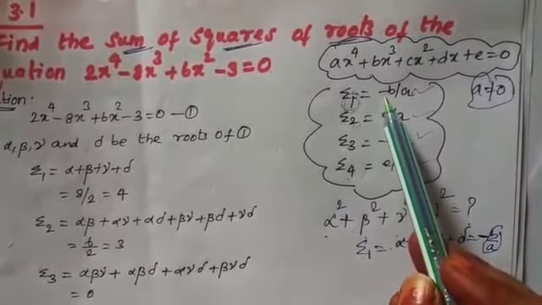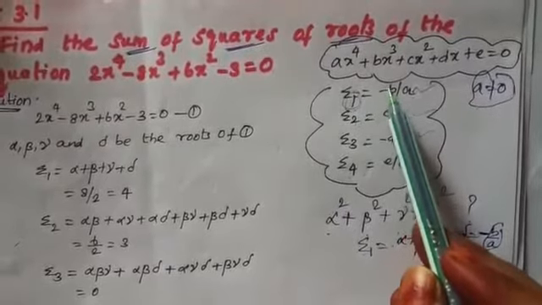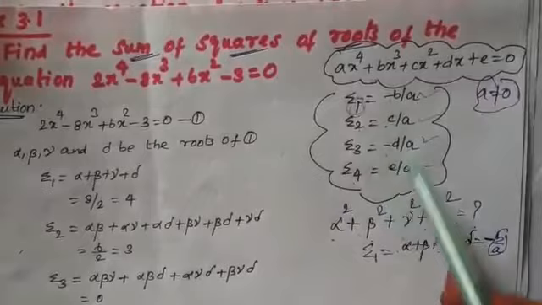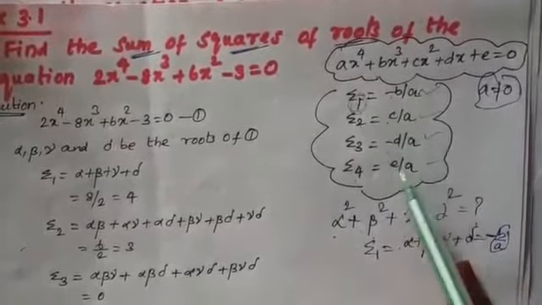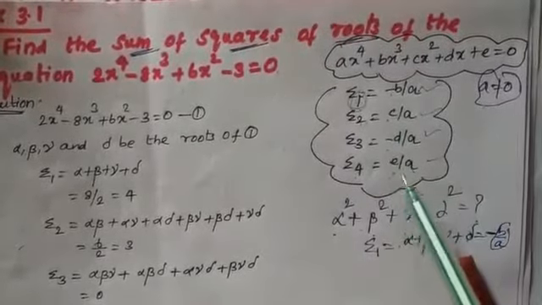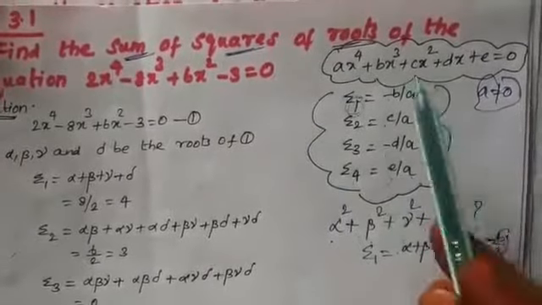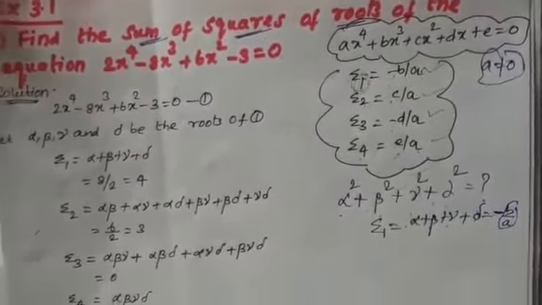When you are taking one root at a time, you are going to start with the minus. So the next term will be plus, the next one will be minus, the next one will be plus. B by a, C by a, D by a, E by a. When you are proceeding, you will be getting F by a, G by a, H by a. When you are proceeding, you will be getting a term like that. Okay, good. So now what we are going to do?